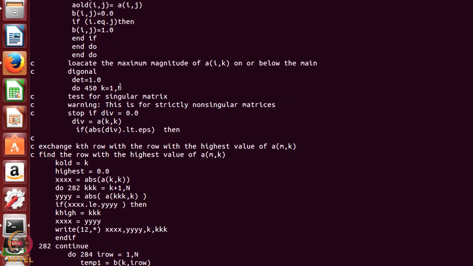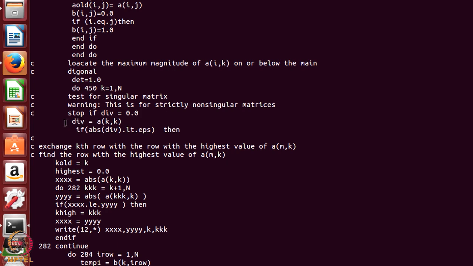So, what is my next task now? I want to now start dividing by the diagonal element. So, first elementary operation has started. I want k going from 1 to n. So, my operation has started now. So, k equal to 1 means I am now going to divide by akk, the diagonal value of the first row.